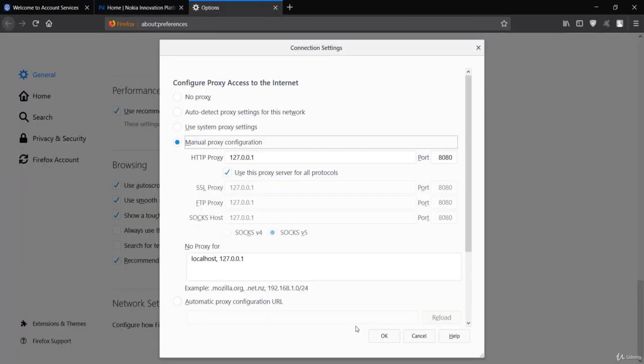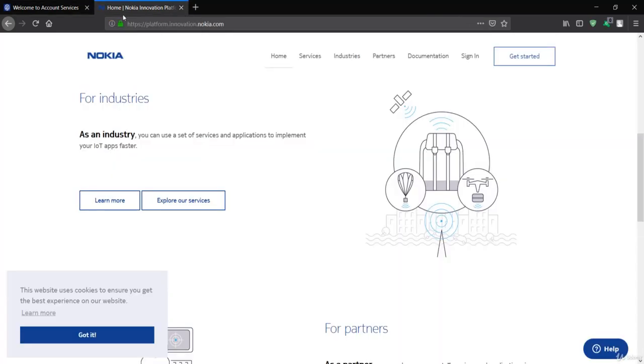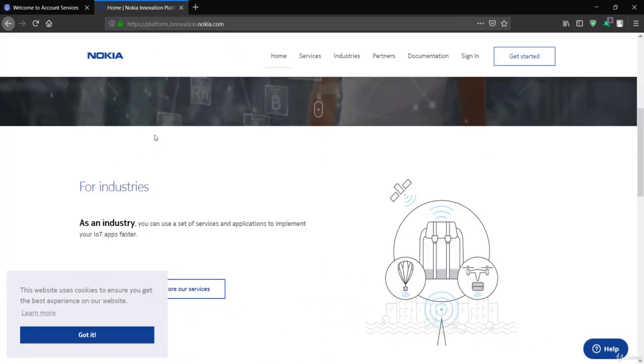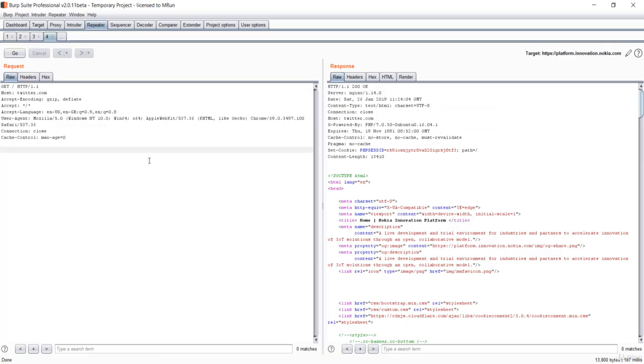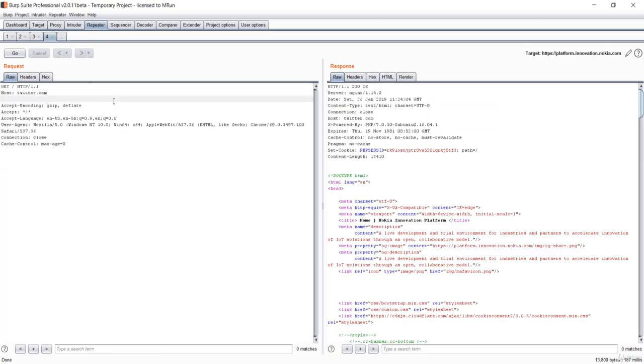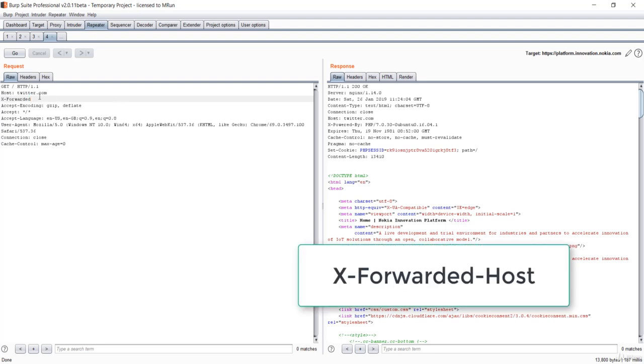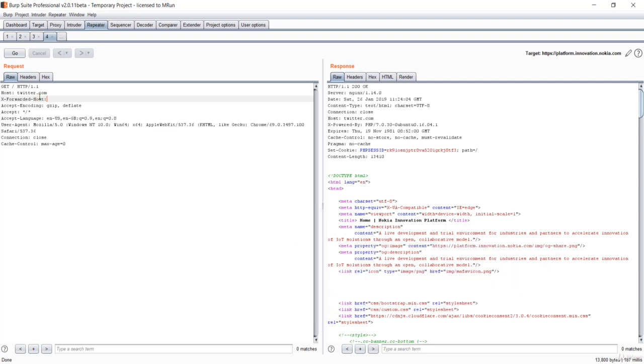So I'm on the manual proxy, because it won't work if it was not here. So we do not have the URL redirection over here. Let's go back to Burp Suite again. Now we'll pass an arbitrary next parameter over here, which is the X-Forwarded-Host. First see the convention over here: the X should be uppercase and then Forwarded. It is smaller over here. After the host, we pass our own arbitrary argument or parameter. It should be host. Now we'll pass twitter.com again.